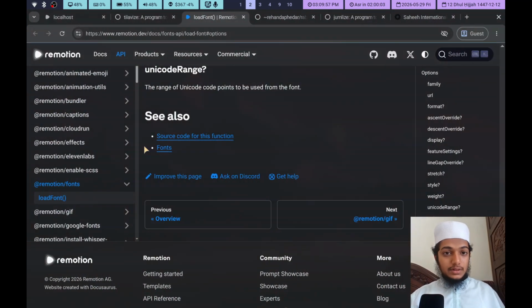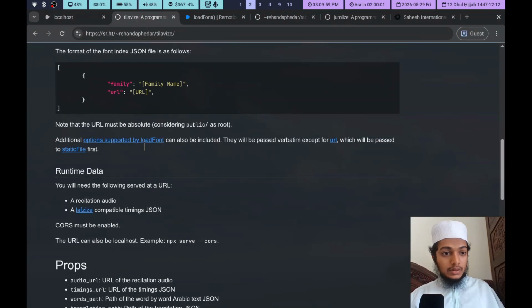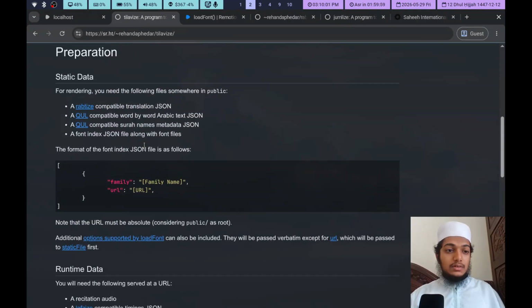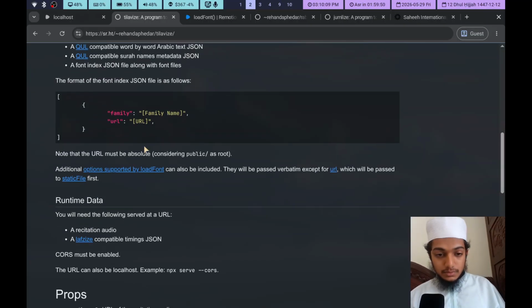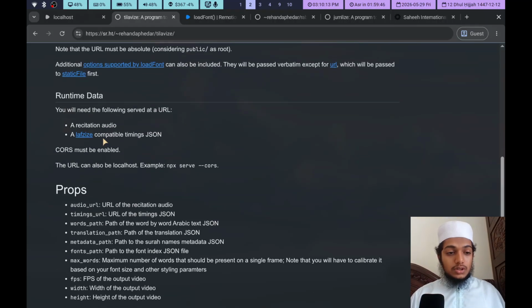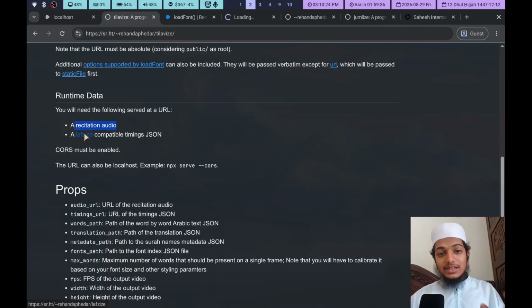So now we have the static data ready. This is expected to be the same across your different renders. But for runtime data, which is data that is expected to change on each render, you need two things: a recitation audio, which is the MP3 file or similar audio format, and a LUFGuys compatible timings JSON.